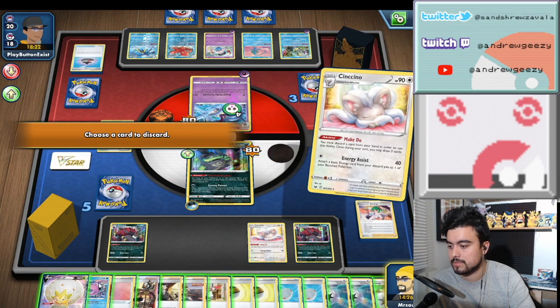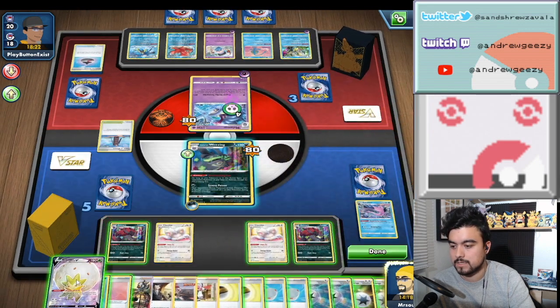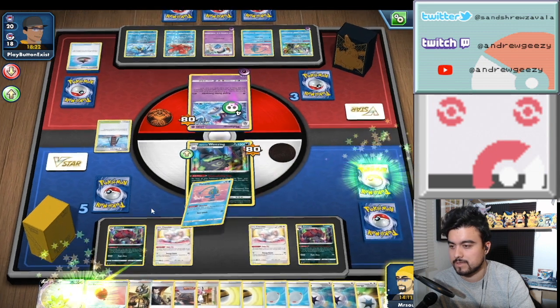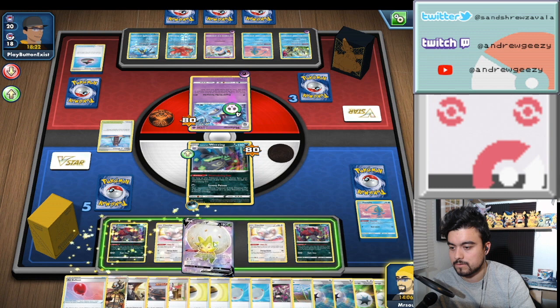Make Do a couple times. Get rid of the Gorebyss. Draw. Cool. And we can Make Do the Mana Fee. I guess we're getting a little low on cards. Kind of scary, but I want this Flapple endgame. There's Turf Field Stadium. Okay, so we're going to